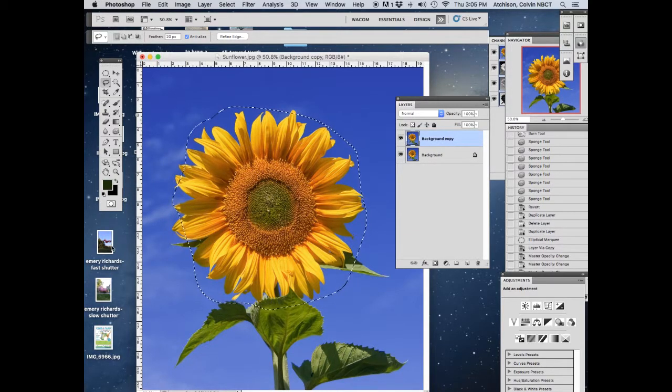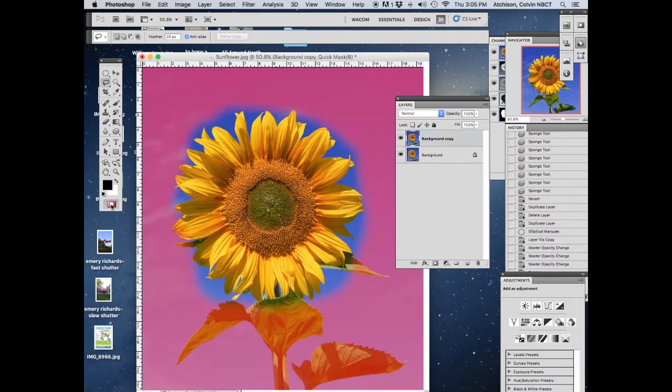Number 5, put the selection under Quick Mask mode and erase an area. So we'll go into Quick Mask mode. I will click the eraser and I will take away part of the selection. And I'm going to ask you the question right here. Are you adding to the selection or are you subtracting from it? And you are adding to it because, as you know, these areas that are colored red are not selected. These areas that are colored normally are, and the erase tool will erase away the mask and make the selection